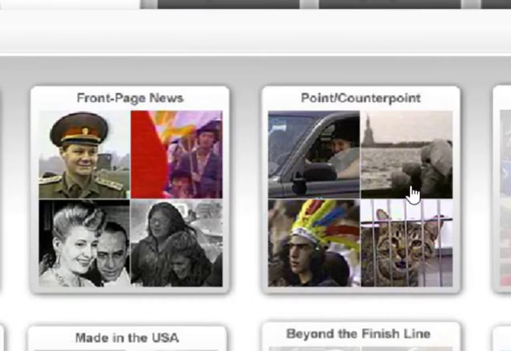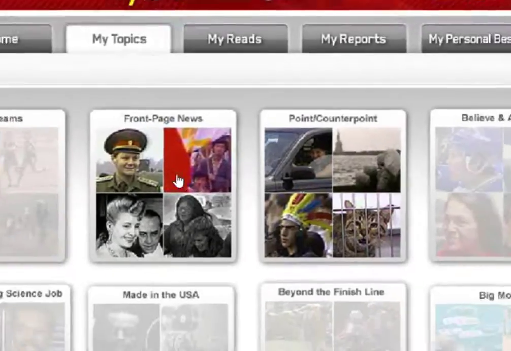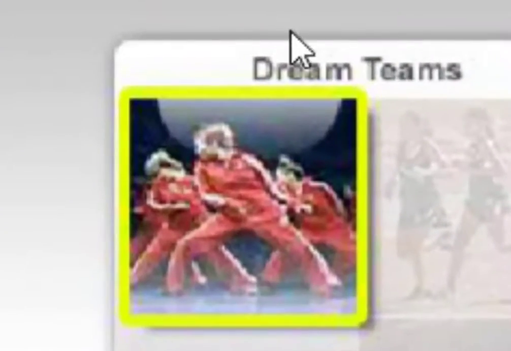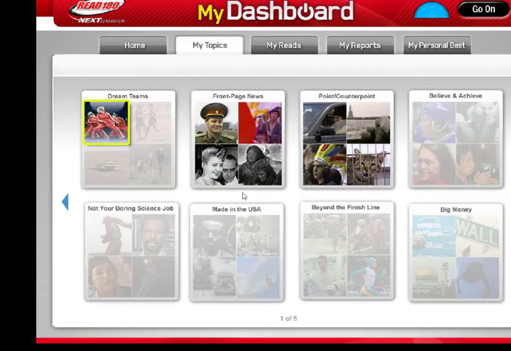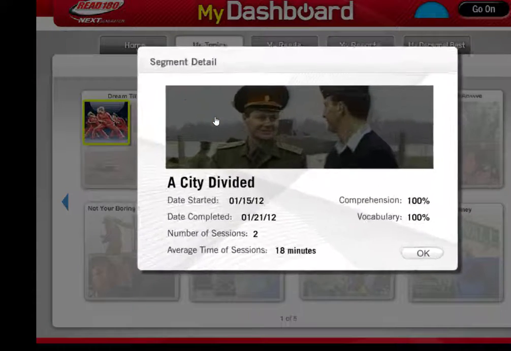If an image is colorized, it means you have completed that topic. If it's highlighted or has a yellow border, it means you're currently working in that topic. If you want some more information about how you performed in a topic, you simply click on it, and you'll